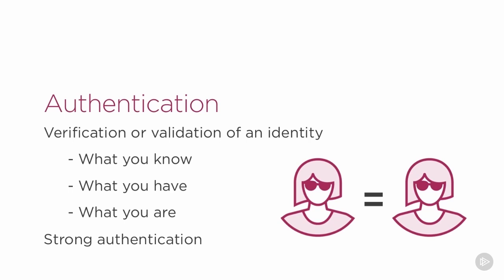But none of these authentication processes, what you know, what you have, and what you are, are good enough on their own. We always encourage that people use at least two of them together. Use a PIN number plus a token. Use, for example, a password and a biometric. That is what we'll call two-factor, or often called strong authentication.